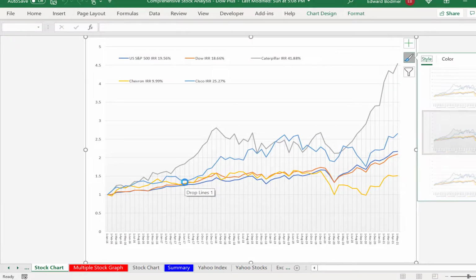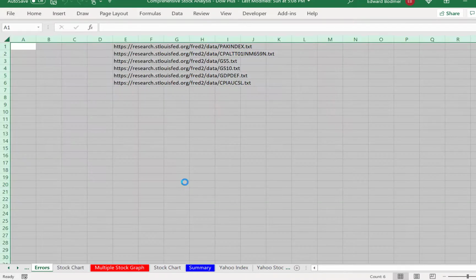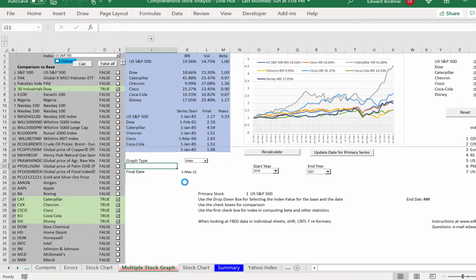Why did the chart work when I closed it and opened it and not work before? And so you go and you read in all of the data. Now, what's happened, and I'm going to do this in a separate video, is that